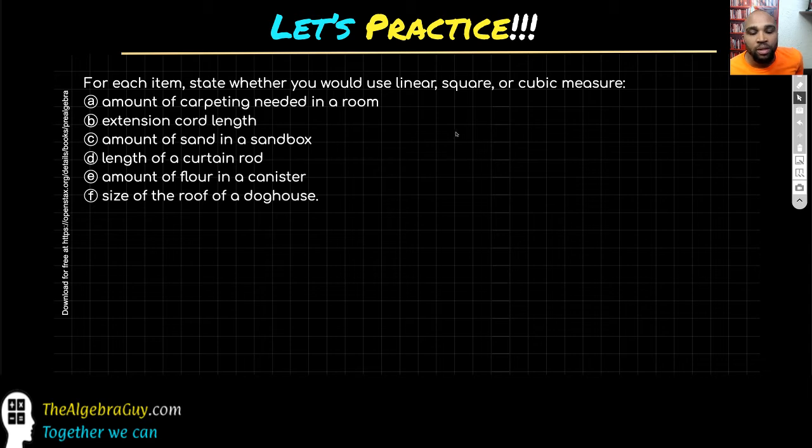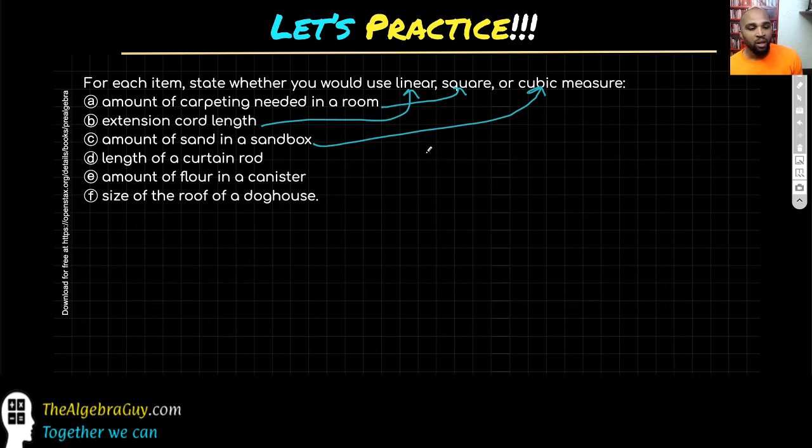All right, little quiz here. Can you identify which of these goes into either linear, square, or cubic? All right, so the first one is if we need carpet, is that linear, square, or cubic? Well, carpet is going to be square. What about an extension cord? Well, that's just a line, so that's going to be linear. What about sand inside of a sandbox? Well, that's how much volume something's going to take up now. It's not just